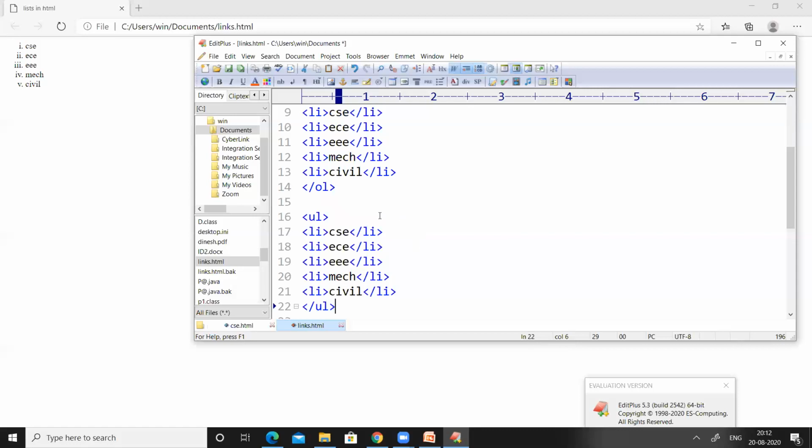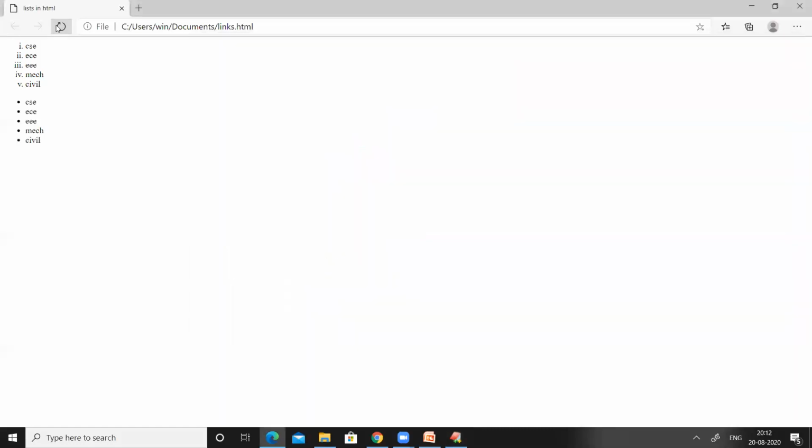So let us see how this unordered list will work. Save the code and then refresh the web page. So you can observe there are some filled circles, or we can call them bullets. Each and every bullet represents one list element.